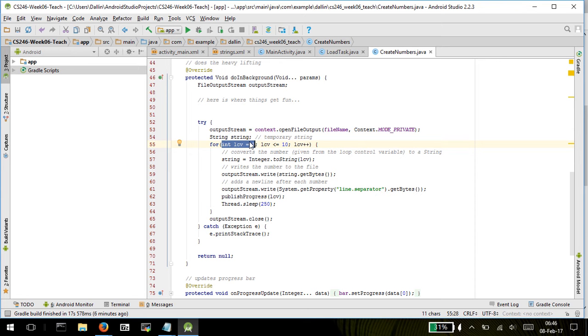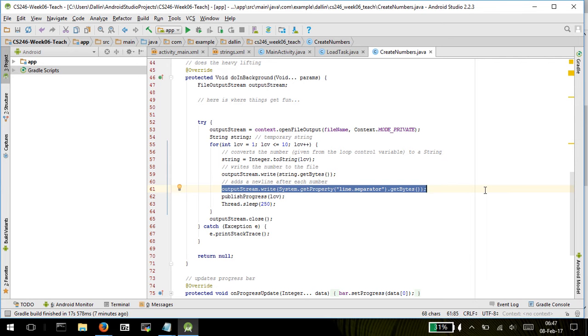And if I'm using that variable, so I don't have to create new ones, it's a little bit easier on the memory, even though one integer is not really going to have a huge impact on my memory. I just like to be as efficient as I can. So this here converts my loop control variable, which is an integer, to a string, so I can write that string to a file. And then this here, I did it this way. I could have just told it to put